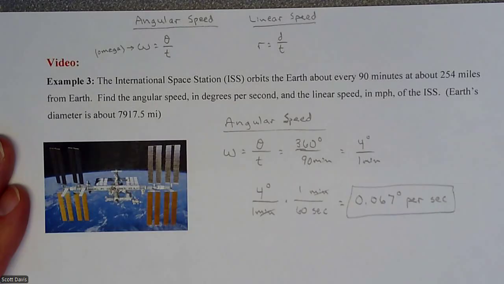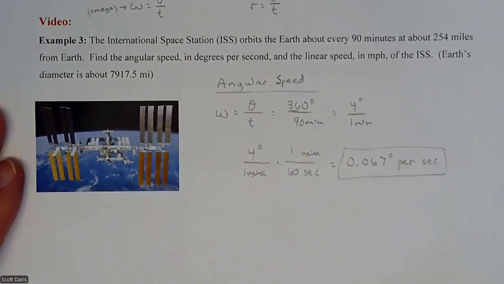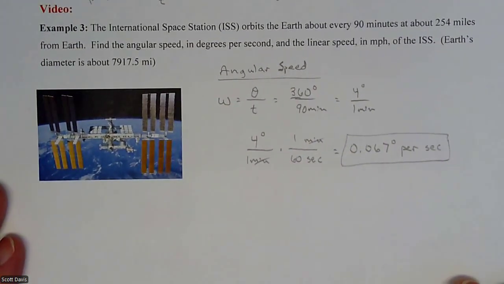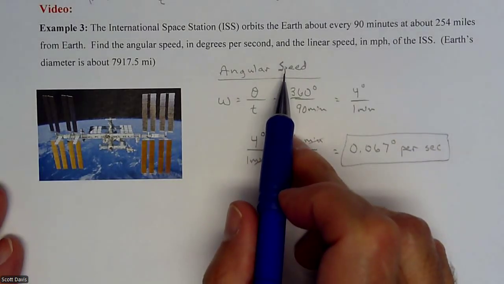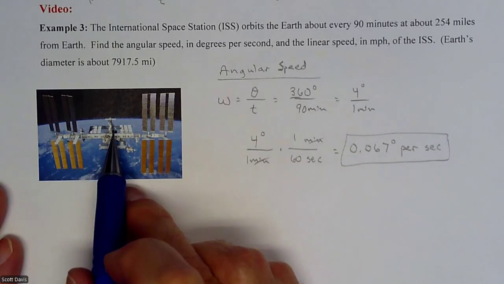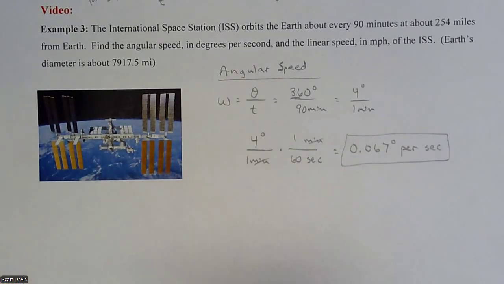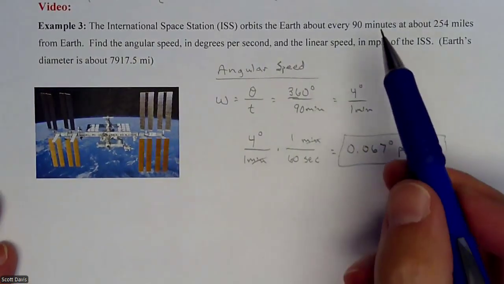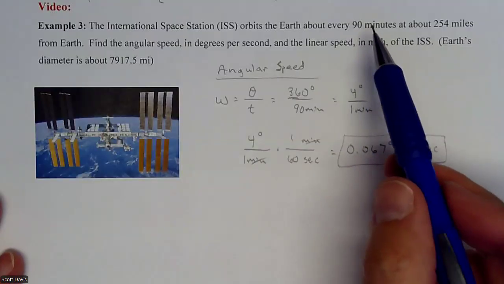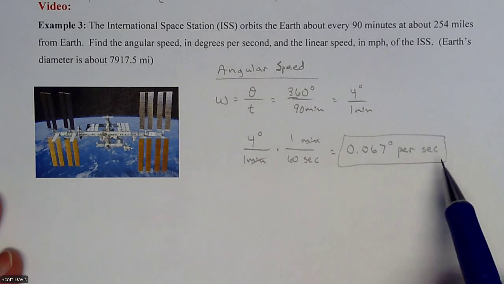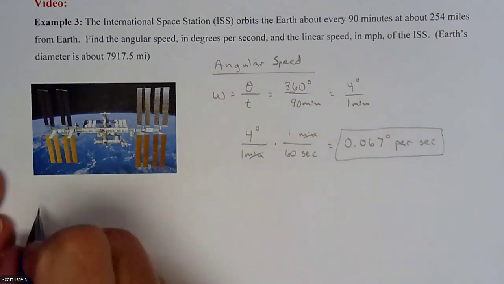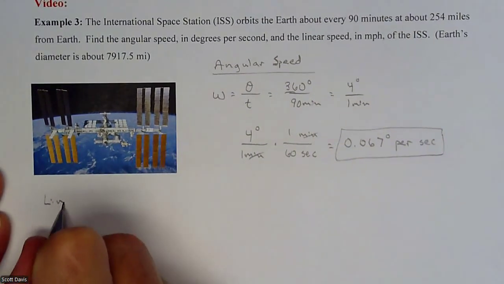All right, so that's the International Space Station's angular speed. It doesn't matter how far or close to whatever orbit or wristwatch or whatever it is, if you're doing one revolution per minute, no matter what it is, you're going 0.067 degrees per second. So if we shift that now to linear speed,